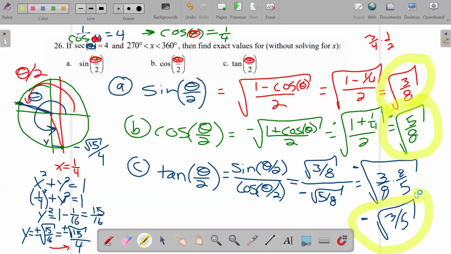This one was way easier than 25. Because 25 was the cosecant. So you had to use the Pythagorean theorem to find the